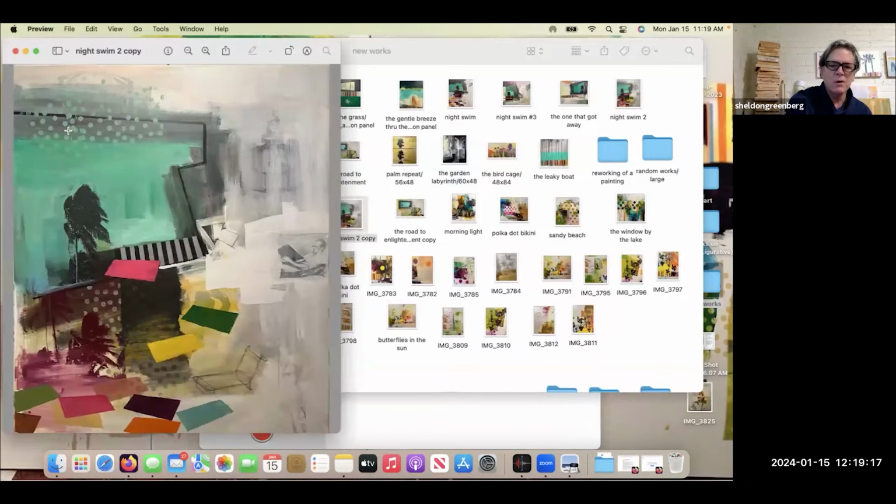This was a small series. Well, this is a 4 by 5 foot, but I did 4 of these where I was basically thinking swimming pool, but I was really playing with composition and the angles and the shapes and the dynamic of where you are in space.